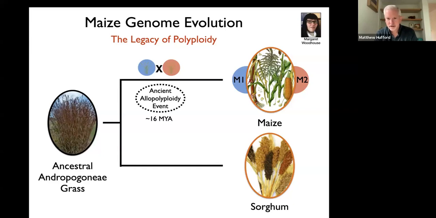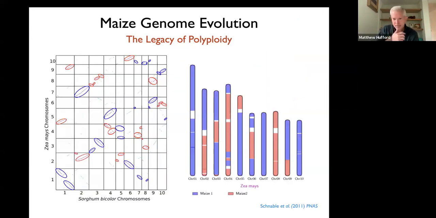So it's a good comparator if we want to understand what the ancestral diploid state was. And so after that whole process of allopolyploidization, during that diploidization, return to a diploid state, maize has gone from an N equals 20 chromosome count, haploid chromosome count, back down to N equals 10. And that's involved a number of fissions and fusions and rearrangements such that the genome is now a mosaic of